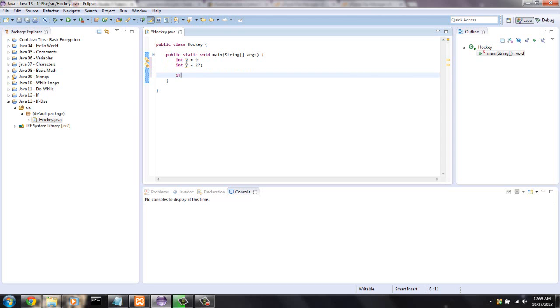So let's make another number. Let's make a count variable. We're going to set that to 10. None of this makes sense, it doesn't have to, just get the if-else essence of this, because this program is pretty useless in real life. It means nothing. So let's say if x is greater than y,